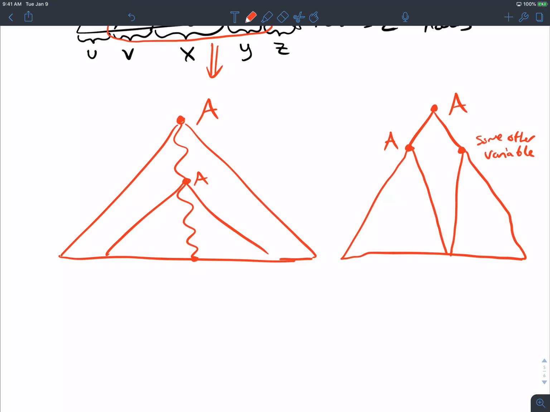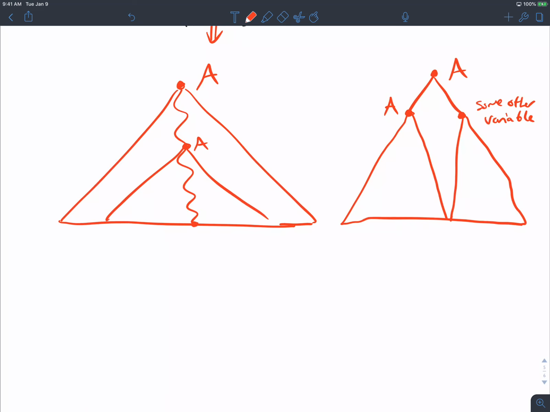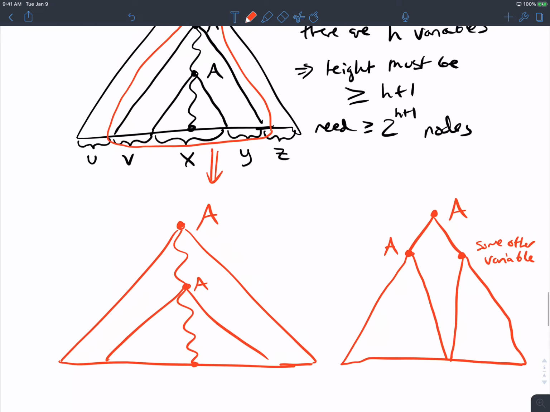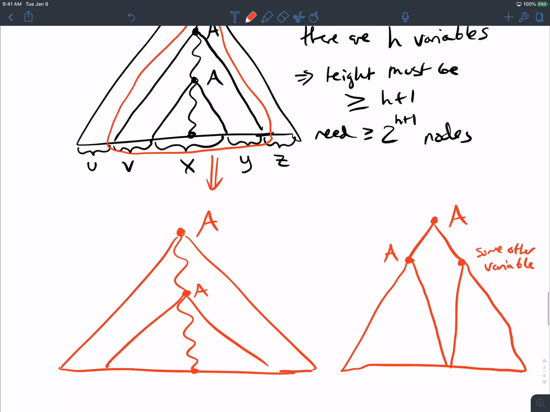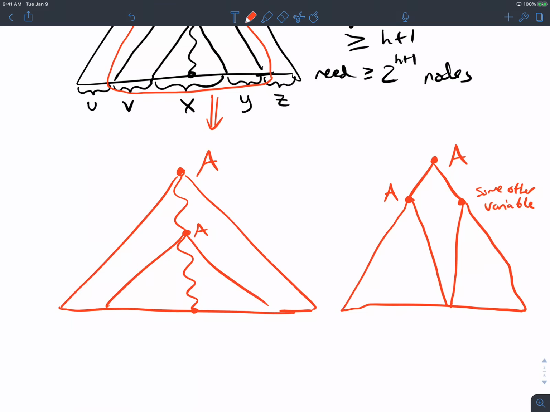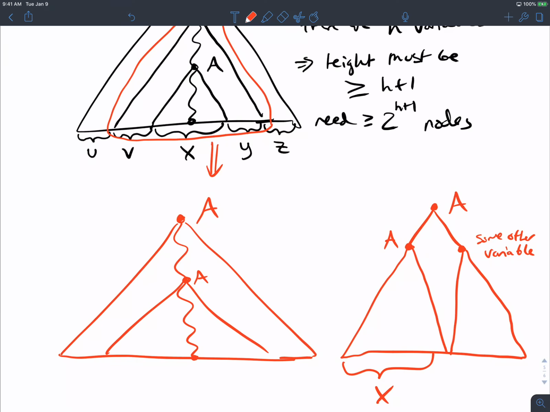They don't overlap because it's a tree. Where is the X part? What does X correspond to in this case? The thing that's generated by the second occurrence of A, not the first one. So the second occurrence of A is right here. Oh wait, what happened to the V here? It was swallowed up by the left side.